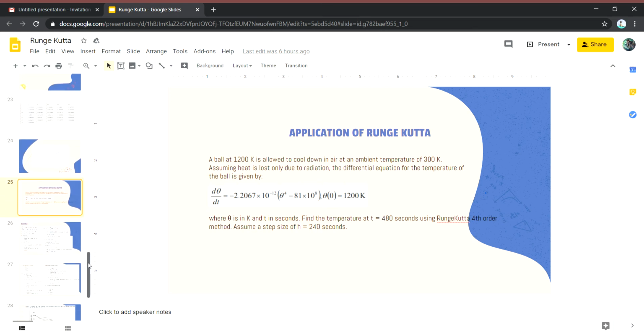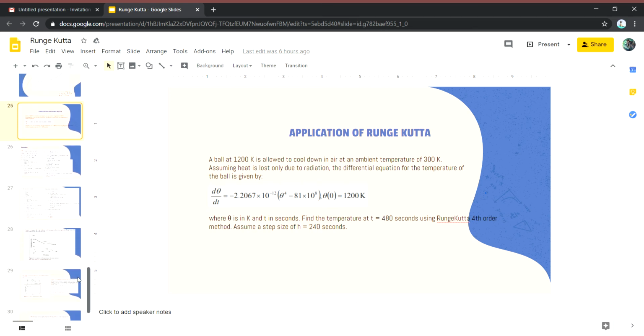So lastly will be the application of Runge-Kutta. A ball at 1200 Kelvin is allowed to cool down in air at an ambient temperature of 300 Kelvin. Assuming heat is lost only due to radiation, the differential equation for the temperature of the ball is given by, so you can see the equation here,